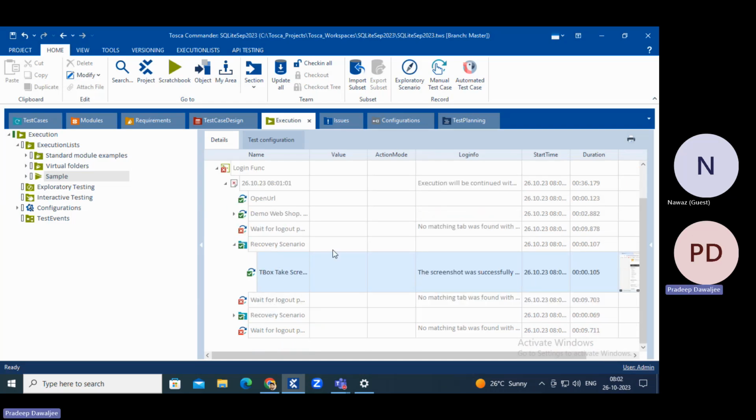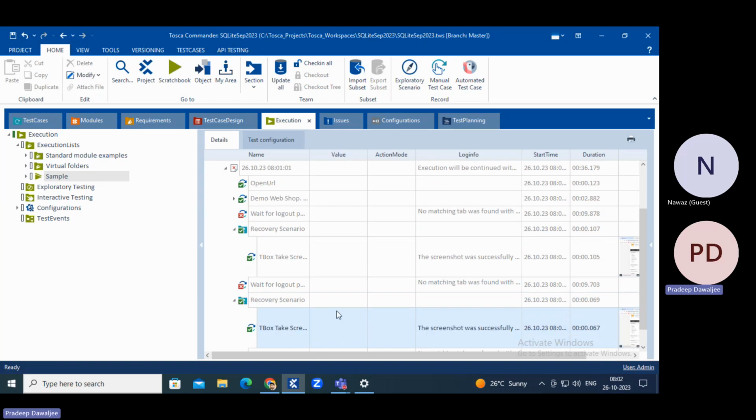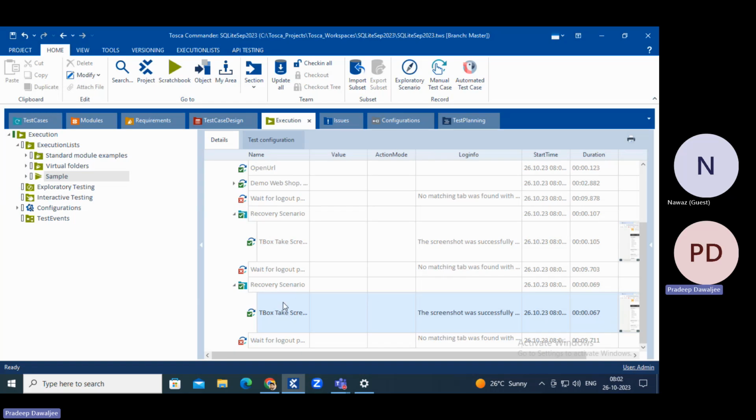So whatever steps you have mentioned in recovery, it has done. After doing that, it has again jumped back to the same step which it was failing. That step it again executed, and again it was failing, and again a recovery has been triggered, and again a screenshot was taken, and then it went to the same step again, and now this time it is getting